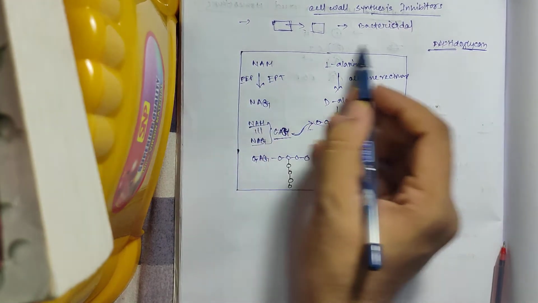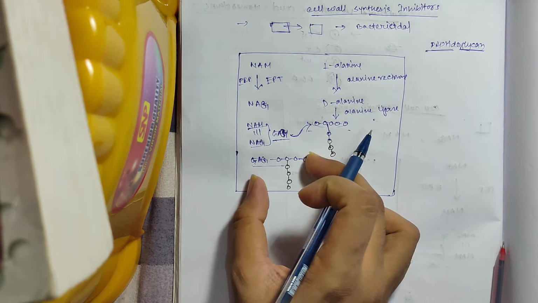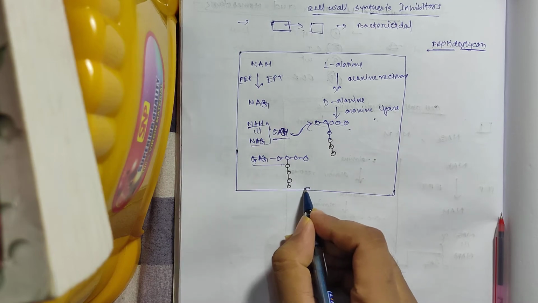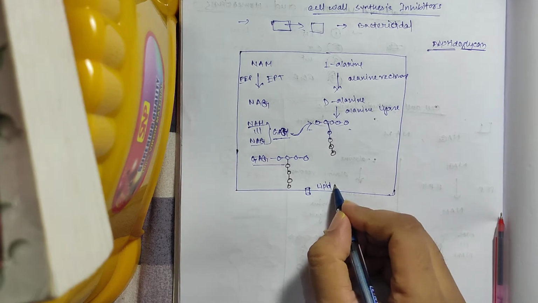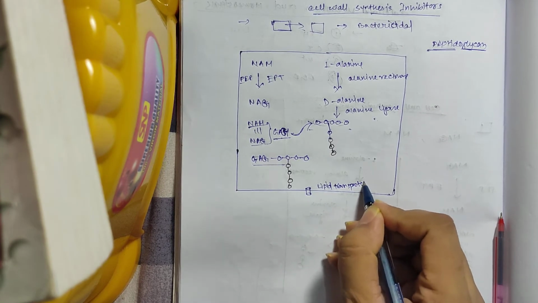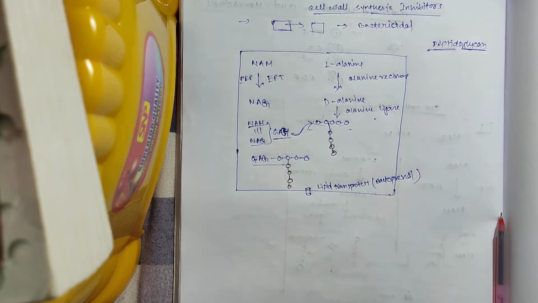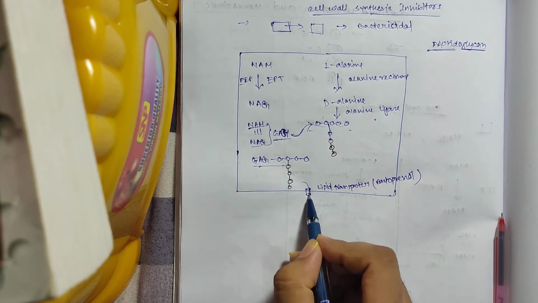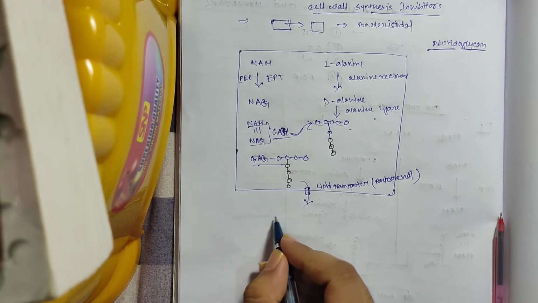So this is the cell membrane, but this is the cell wall unit, and this unit has to come out of the cell membrane. For that, a special lipid transporter is present within the cell membrane, known as bactoprenol. Now this one unit of cell wall comes out through bactoprenol, and finally out of the cell membrane